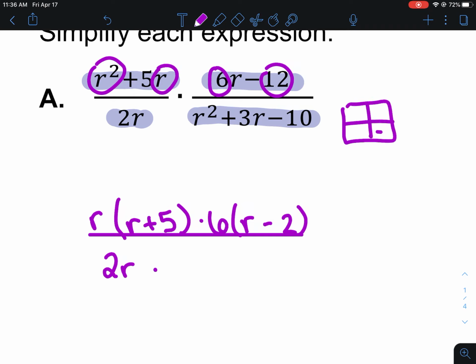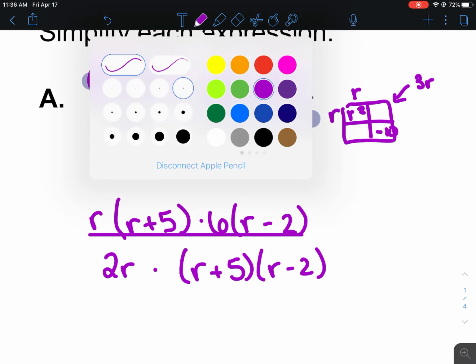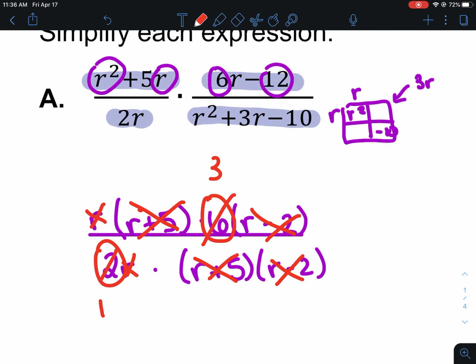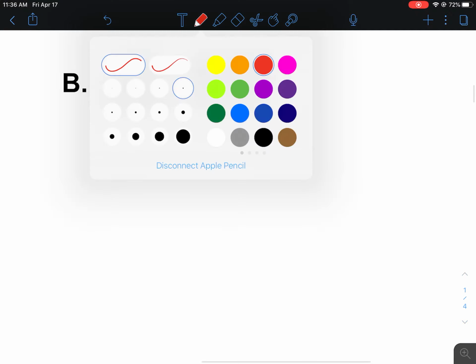Okay, and then here I'm going to look at what multiplies to give me negative 10, adds to give me 3. And I get R plus 5, R minus 2, which, surprise, surprise, end up canceling out. Also, our R's cancel, and I'm left with 6 over 2. I can divide both of those by 2, leaving me with 3 over 1, or just 3. So again, multiplying is exactly like simplifying, only we have a little bit more work. Okay, for B,